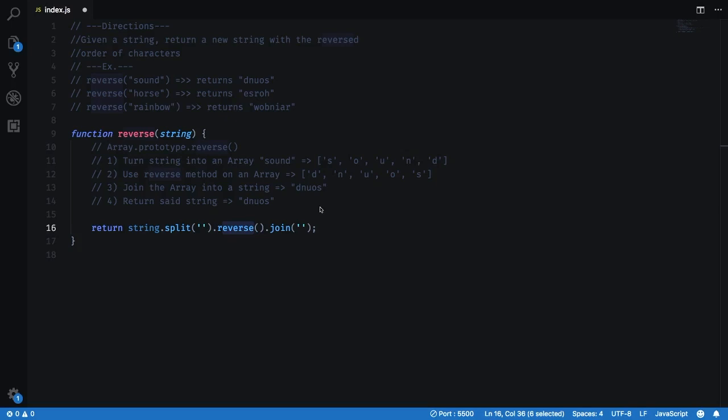However, some interviewers might tell you not to use any built-in methods such as reverse to actually reverse a string. So in the next video, we're going to use a for loop to do the exact same thing and reverse a string without any